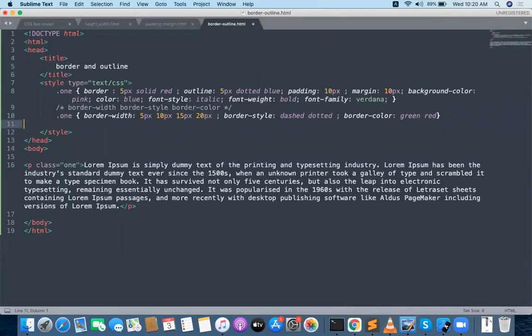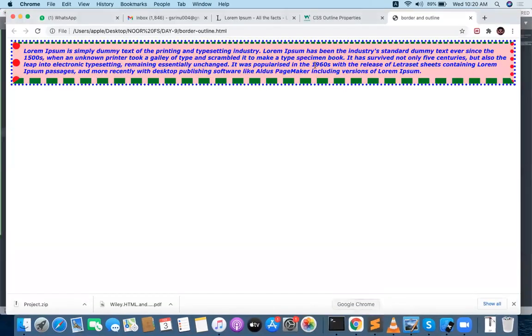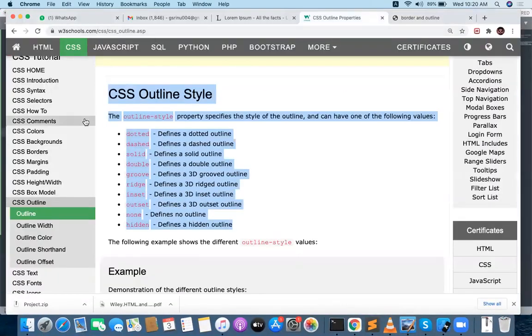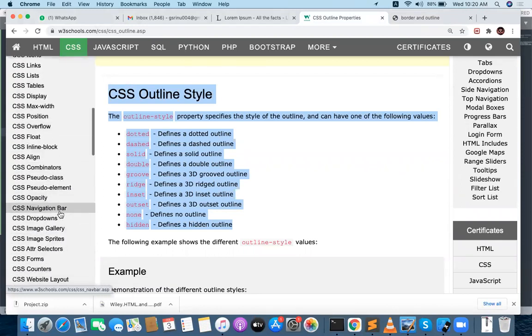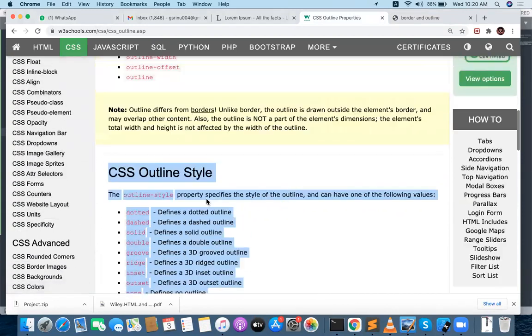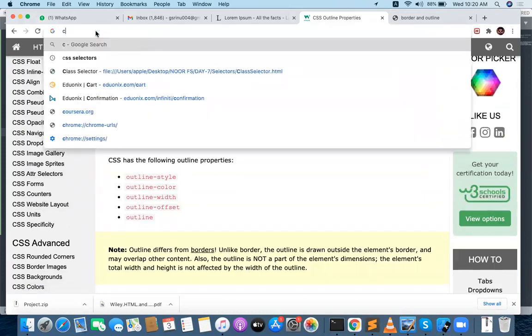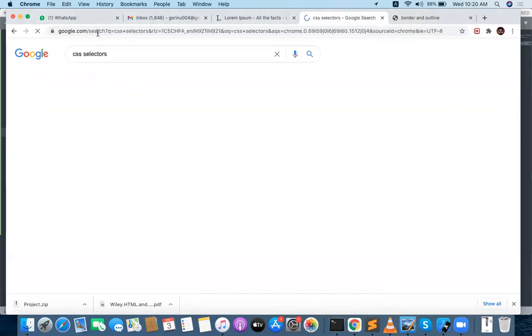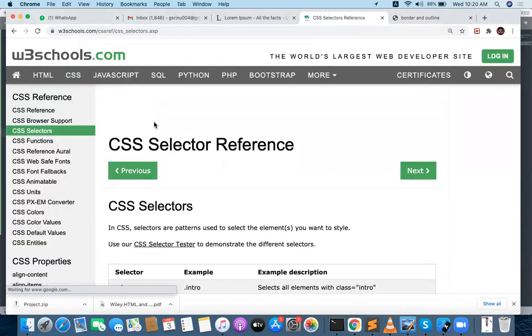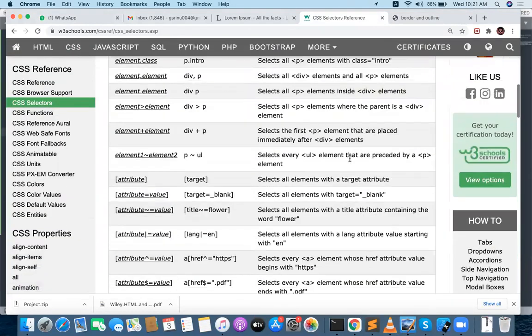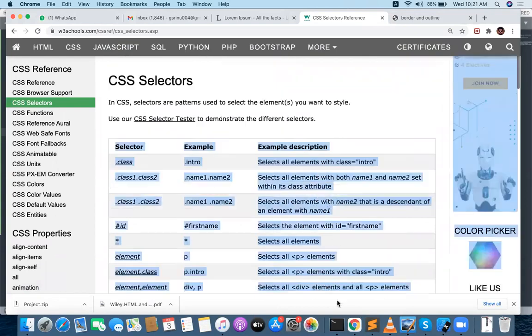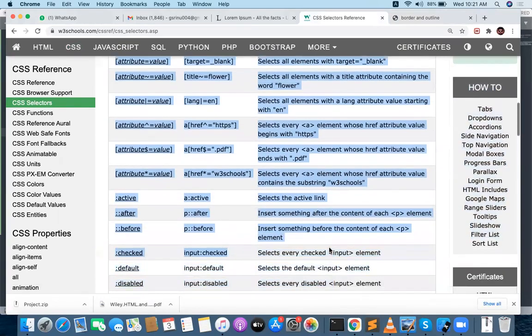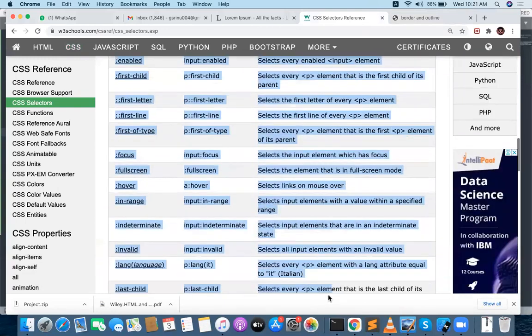And a lot of selectors we have done. If you want, you can go with different kinds of selectors in CSS. We discussed all the CSS selectors two days back. Let me give you a list of selectors also. If you want, you can go with the CSS selectors reference. These are the selectors reference. If you want, you can just go and check it out. Selector examples, all this you can practice.